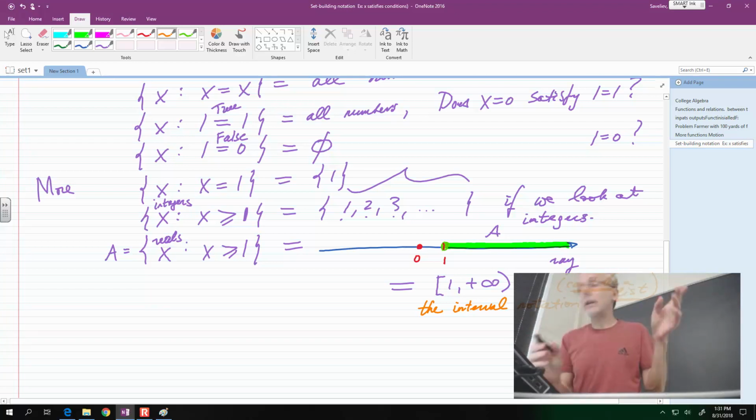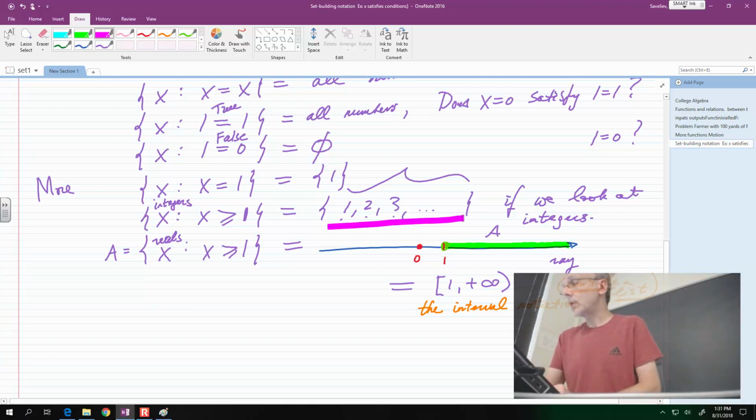So one infinity is this one. That's one kind of infinity, and this one is another kind of infinity. And one is larger than the other. The green one is really large, and the other one, the purple one, is a small kind of infinity. So we're not going to worry about that. We just want to have the interval notation. For what purpose? It is just an abbreviation of